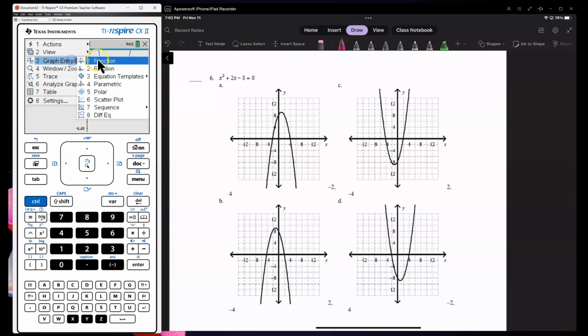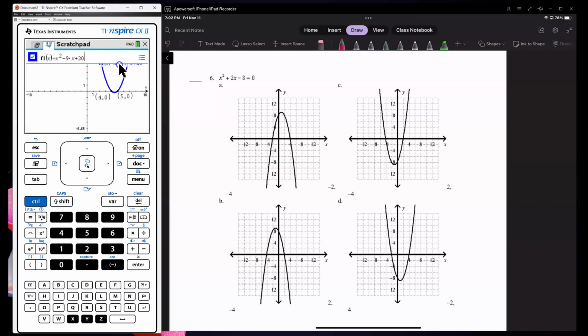So let's go ahead and go to our graphing function. We'll double click on it. So now we're solving x squared plus 2x, correct? And then it's minus 8, right? And what you want to do is eliminate answers. So obviously the answer is not going to be answer A and answer B. You know why? Because it opens downward. So it's between C and